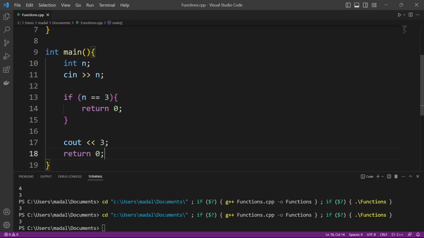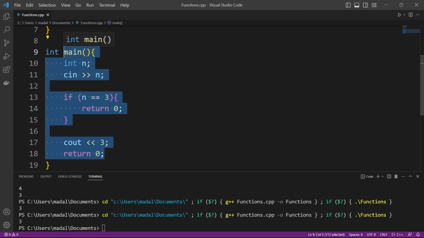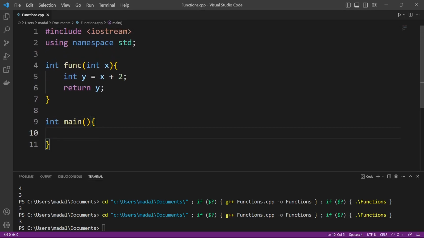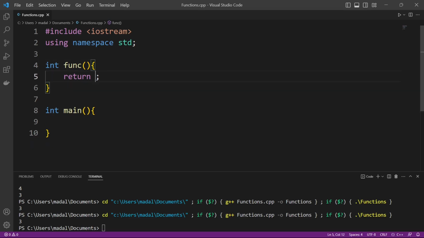Now, a function doesn't need any parameters, right? You don't need to pass in any parameters to a function. For example, this main function right here, it doesn't take in any parameters. And you could say that func doesn't take in any parameters either, right? You can just say int func and then return 0 inside of func, and then let's say func